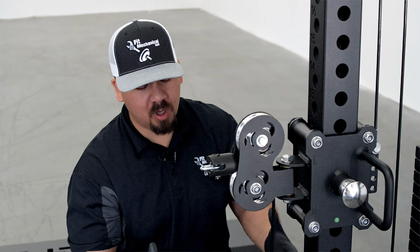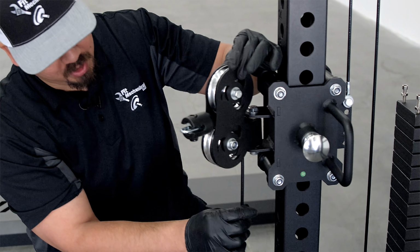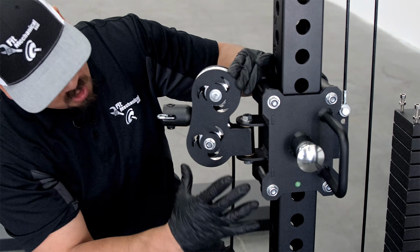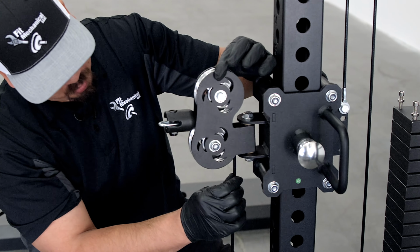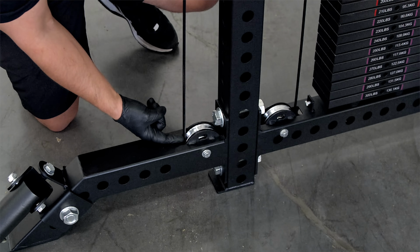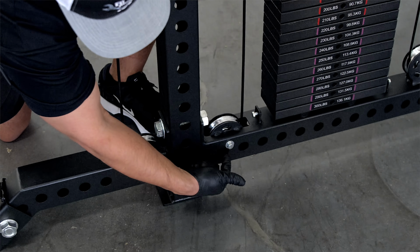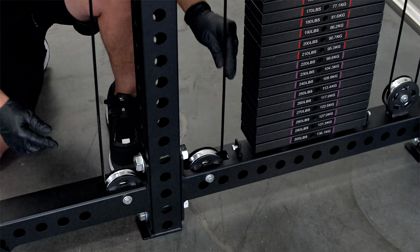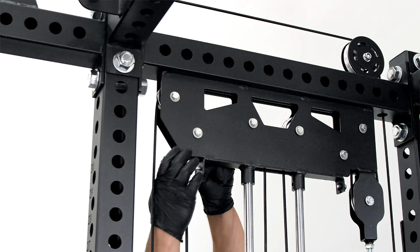So when starting with your cable, we're going to want to use our longest cable here first, and we're going to start here at the adjustable pulley carriage. We're going to go over a medium pulley here. We're going to go underneath another medium pulley here. We're going to go through the frame and underneath another medium pulley here. We're then going to go up over these pulleys here,